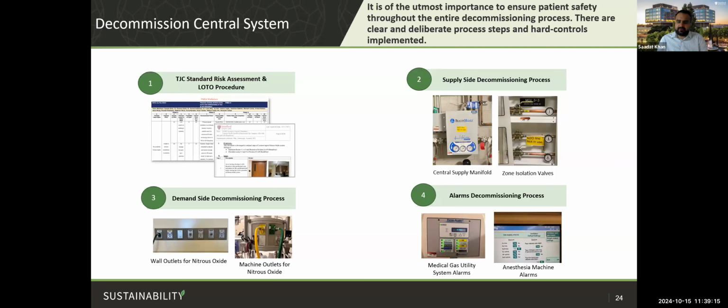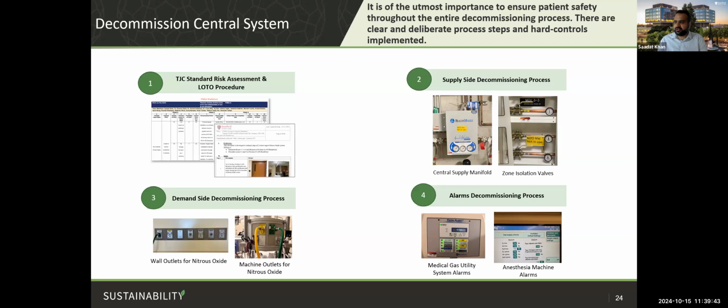And then once we have these processes defined, we come down to decommissioning the centralized system. This is the process where it is of utmost importance to ensure patient safety throughout the entire decommissioning process. And so we have to take clear and deliberate process steps and hard controls before hard controls are implemented. The first step that we took is implementing a Joint Commission standard risk assessment to make sure that